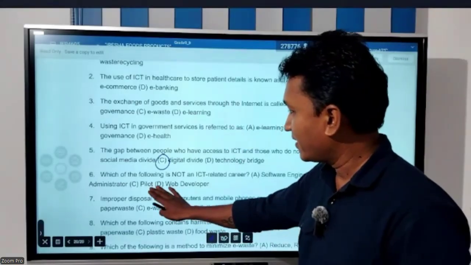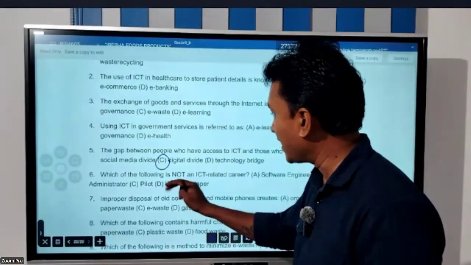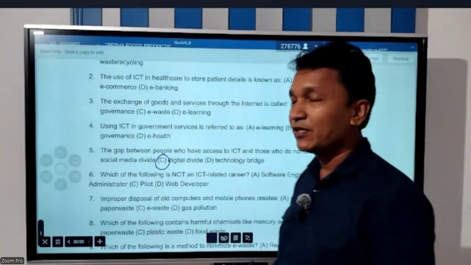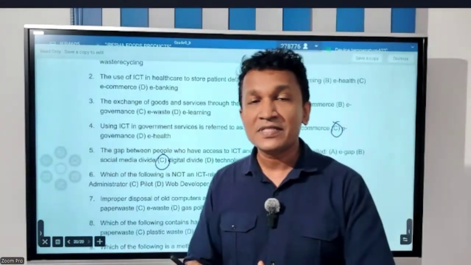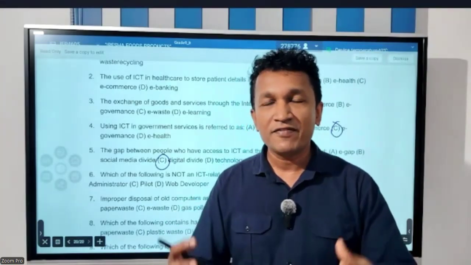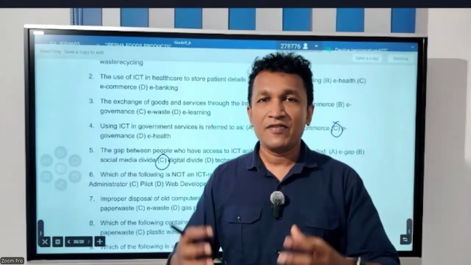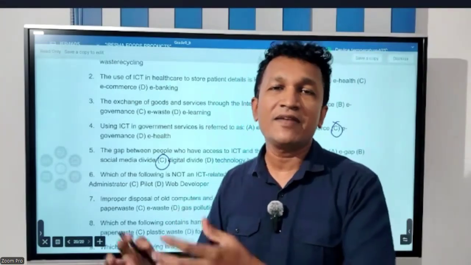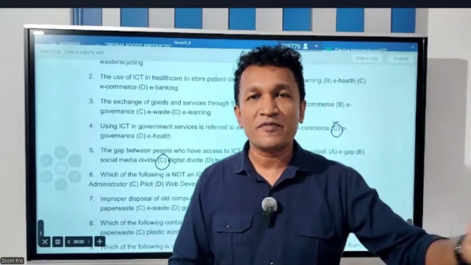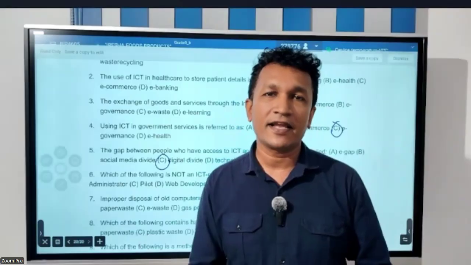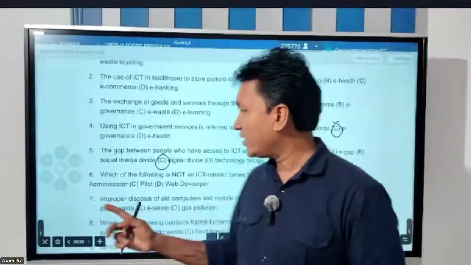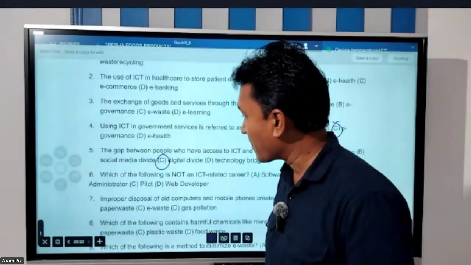Then keep the pilot. Then I go to web developer. What is the task of a web developer? A web developer's task is to create websites. He will create websites and maintain websites. අපි දැන් ඕනම වෙබ්සයිට් එකකට ගියාම ඒක create කරන කෙනෙක් ඉන්නවා සහ maintain කරන කෙනෙක් ඉන්නවා. Right? We call it a web developer.